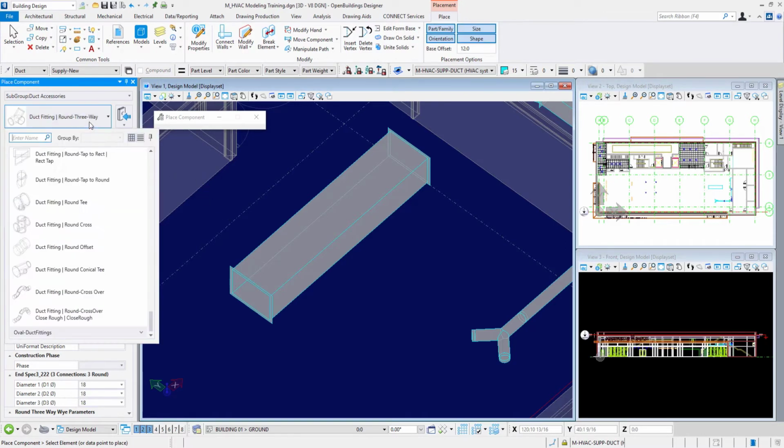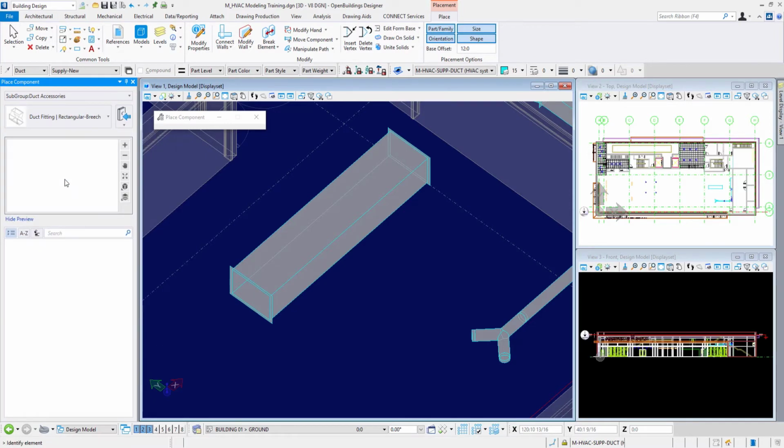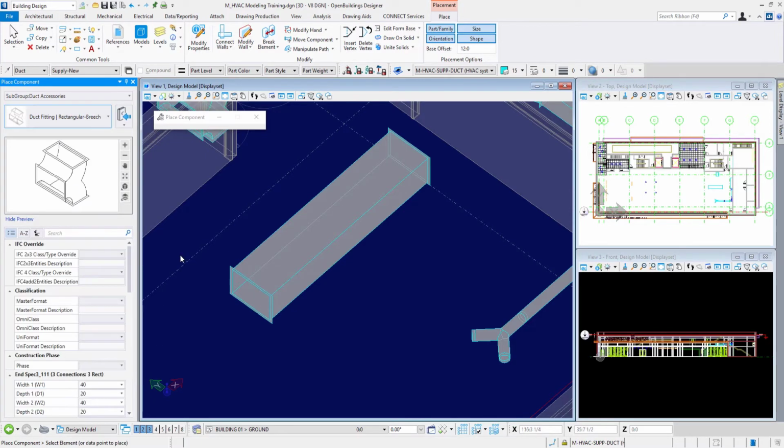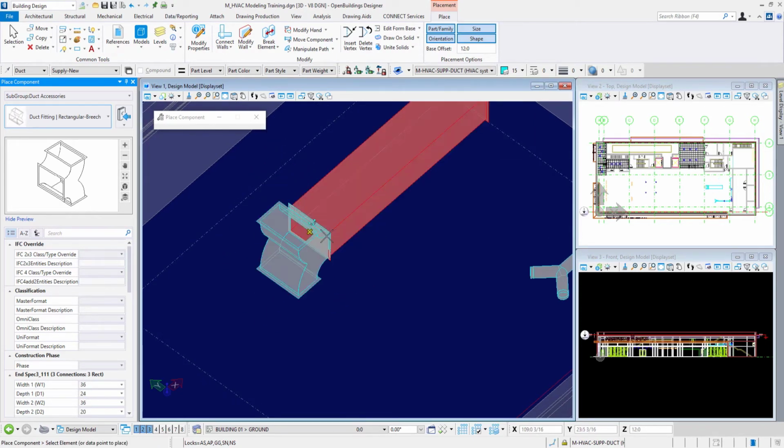So again, I can come to my list here. I'll type in breach. There's my duct fitting rectangular breach. Once again, I have part, family, orientation, size, and shape. I'll turn off my locks as I'll let the snap point on the end of this duct determine its location. And if I get snapped onto it, I'll come over and adjust a property